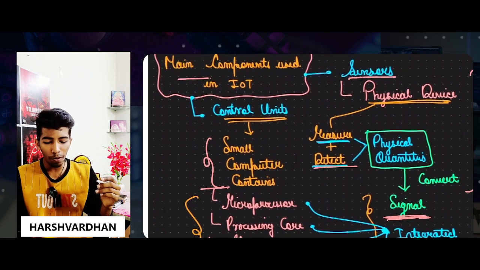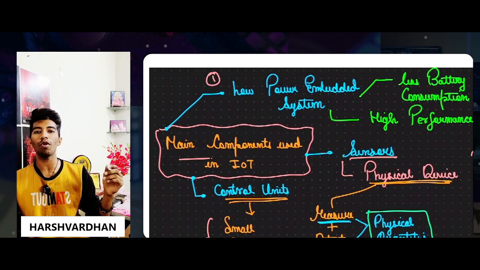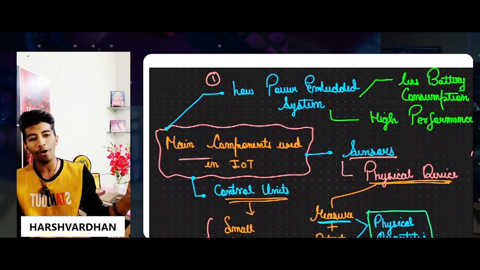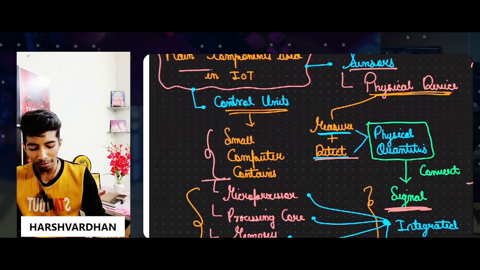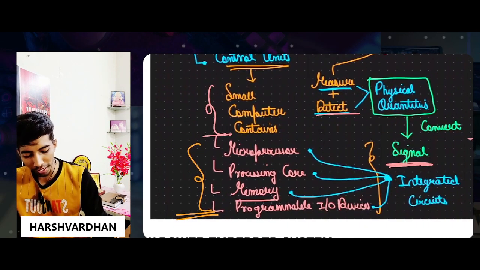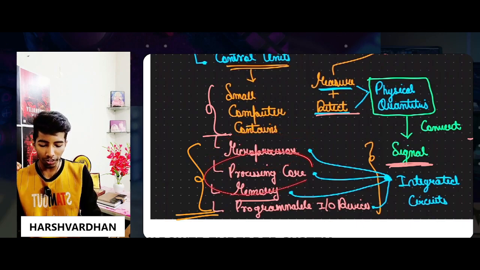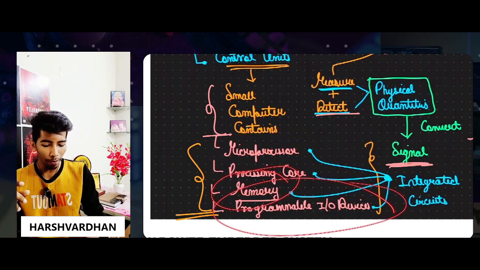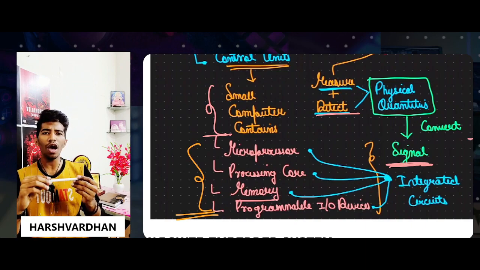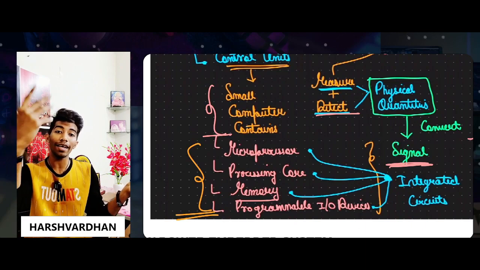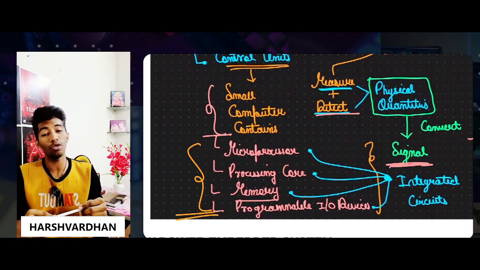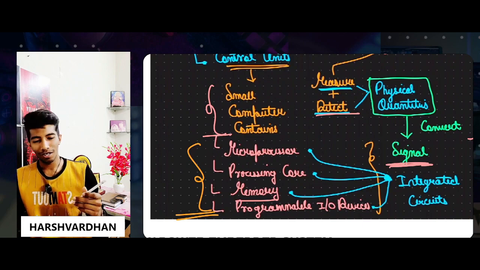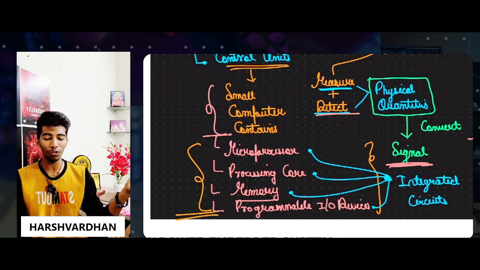Now let's take control units, because the third thing which will be required for creating the best IoT based system is the control unit. Control units are basically small computers which contain a microprocessor, a processing core, a memory, and programmable input output devices. You can take the Arduino Uno as an example. I think you have all used Arduino at least once in your life. If you belong to a field like electronics and communication, then you must know about Arduino. Or robotics, you will learn many things if you are in first year and watching this podcast or video.